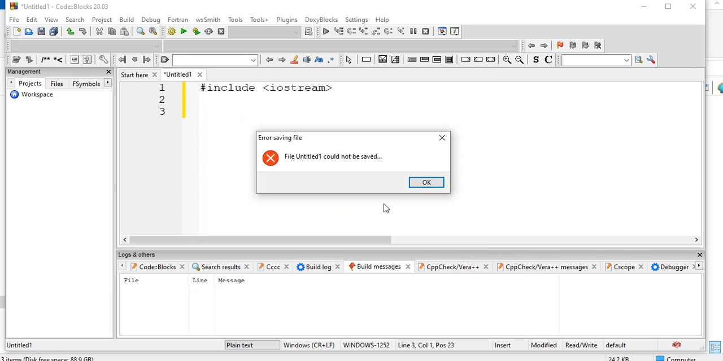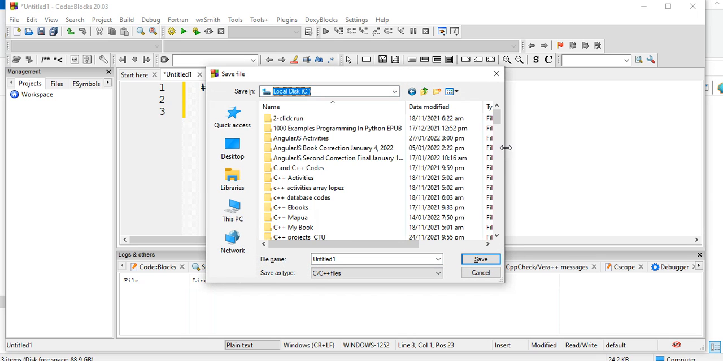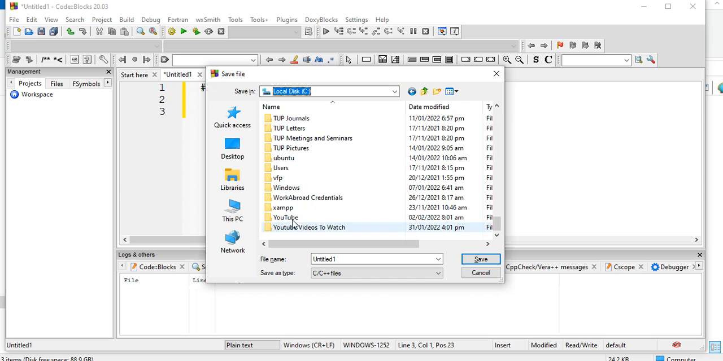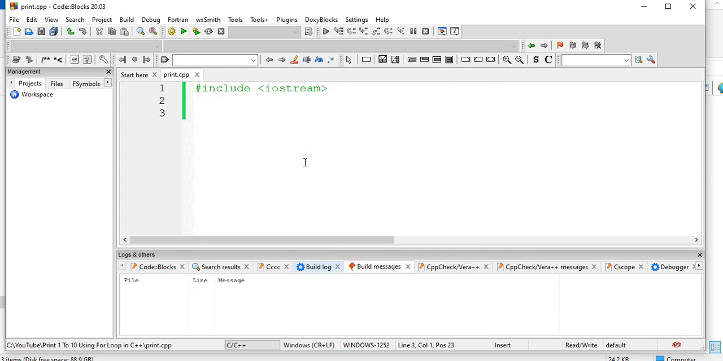Okay, so let us save our work first. Drive C, YouTube folder, this one, and then print.cpp for C++. Okay, in main